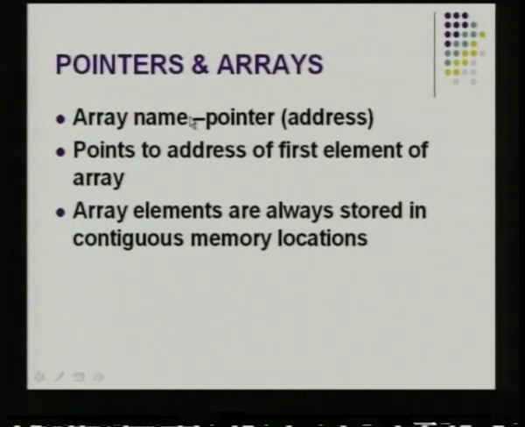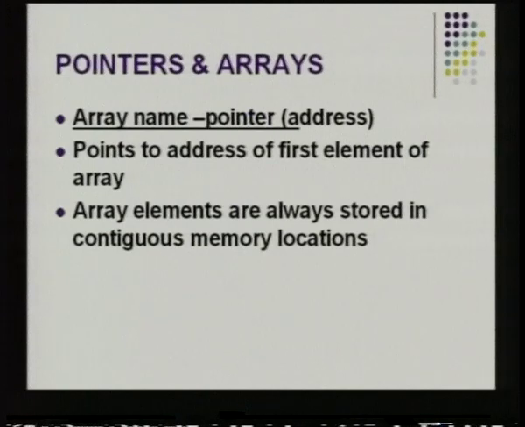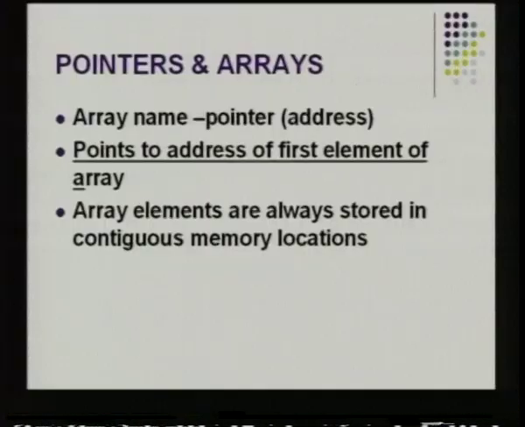So, how is a pointer understood by the compiler when it is used with arrays? We already know what is an array. An array is nothing but a sequence of elements of the same data type stored in continuous memory locations. So, the array name itself resembles a pointer. When we define a character array and its size, the name refers to the first memory location that holds the first element. So, an array name itself is equivalent to a pointer or the address that points to the first element of